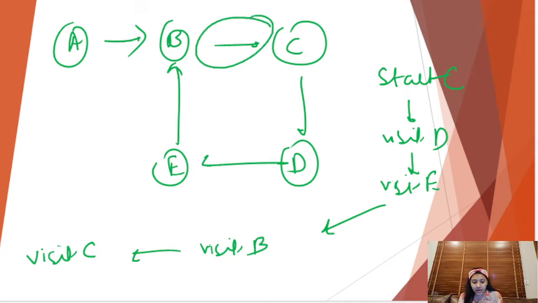So this is a back edge, right? So we can see that no matter where you start, as long as you explore this cycle, you will